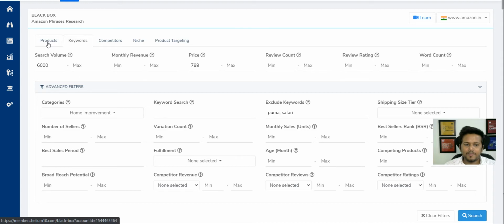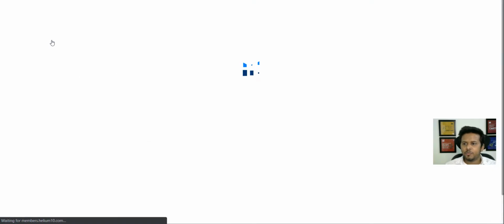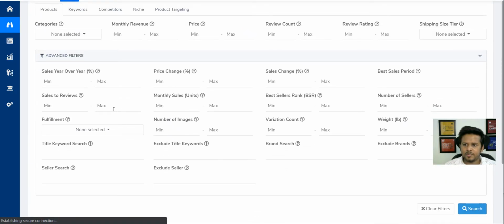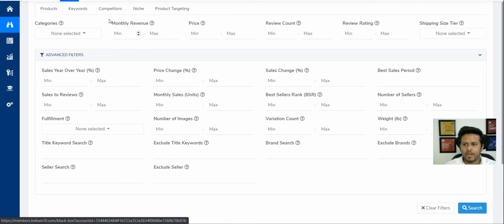Now we will go and explore the second method, which is finding products, right? I'll switch the tabs in Helium 10, and here, if you click on advanced filters, you will see that it's slightly different to what we had in keywords. In keywords, we specified that it should be a minimum of 6,000 monthly searches. Here we will say the price is, let's say, $7.99, which is the same as what we want, but here we are going to say that the product on Amazon should be sold for more than 300 units, right? The minimum order on a monthly basis should be more than 300.